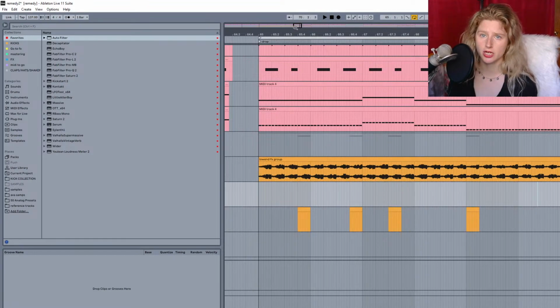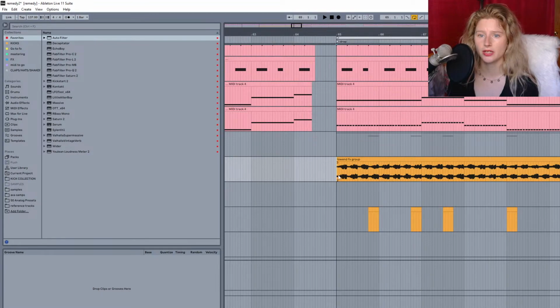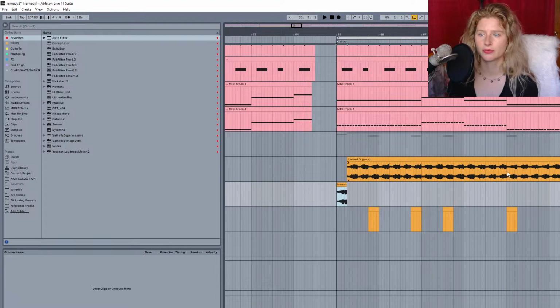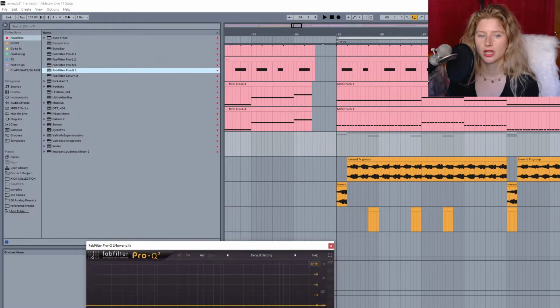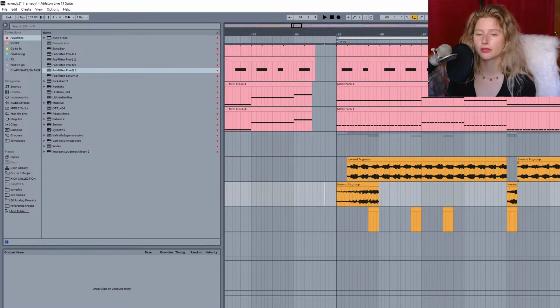So with that in mind, let's maybe just take one of these. Okay, so I have an idea. Let's take this one. And then let's also take this one. Also things to keep in mind. We already have a kick and a bass. So layering on a lot of low-end sub stuff is not a vibe. We want to take that out. Everything below 300-ish, we should not touch. Don't even think about it. That's just where I'm at right now. You can do whatever you want, but that's where I'm at.